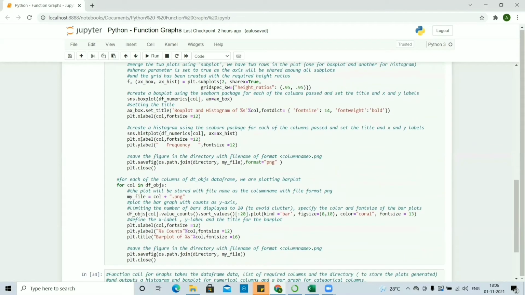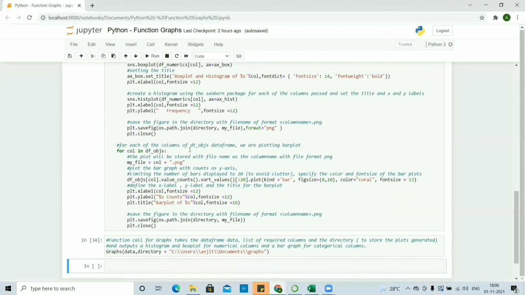Next, we'll be creating a histogram plot using the same Seaborn package, passing each of the columns of the numerics data frame, and we'll be setting the X label and Y label. Both the plots, box plot and histogram plot, will be saved under the same file in the directory, which was the path passed to the function, under the name stored in the variable my_file, having the format png.